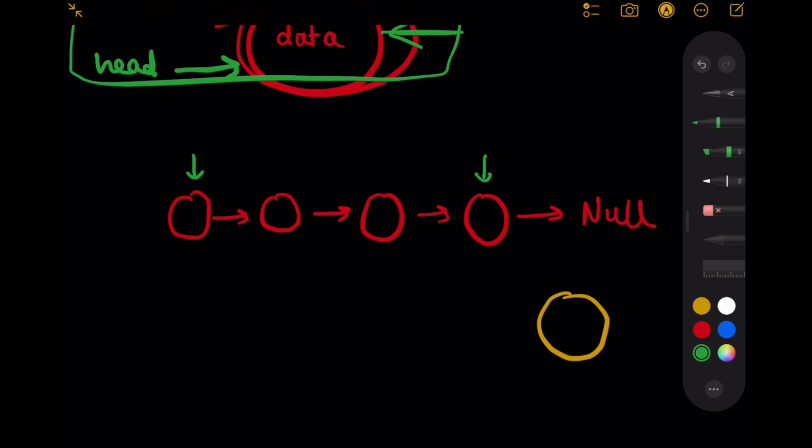And what will be the identification for the last node? So the last node will always be pointing to null. So when we have reached a node that is pointing to null, we know that we have reached the last node. So when we have reached the last node, what we need to simply do is that the last node,